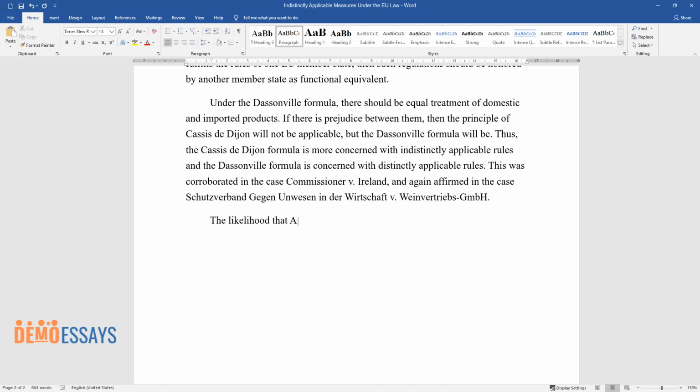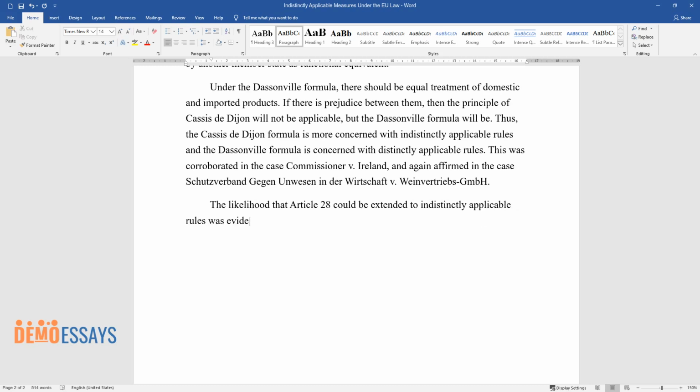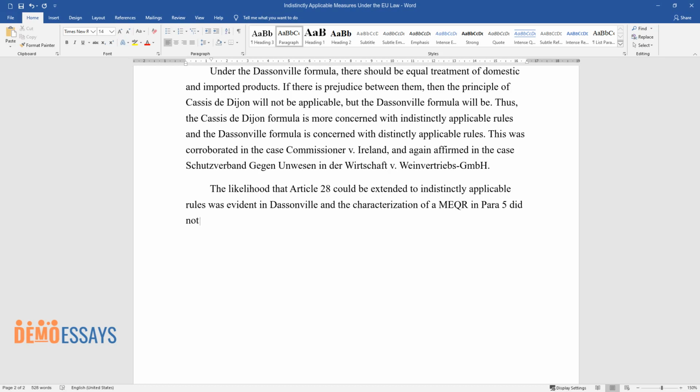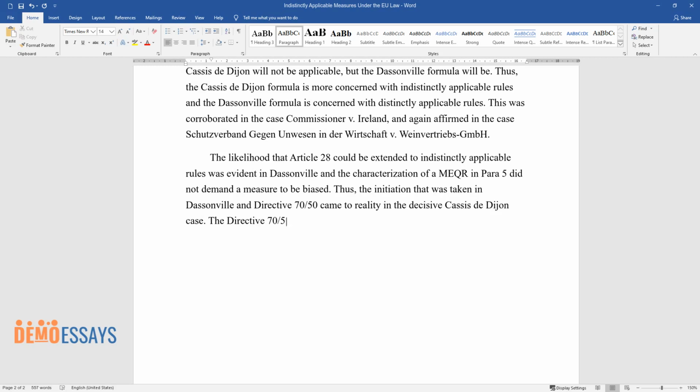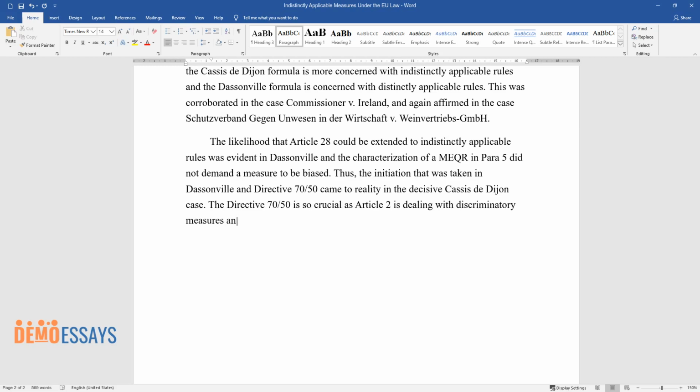The likelihood that Article 28 could be extended to indistinctly applicable rules was evident in Dassenville, and the characterization of a MEQR in Para 5 did not demand a measure to be biased. Thus, the initiation that was taken in Dassenville and Directive 70/50 came to reality in the decisive Cassis de Dijon case. Directive 70/50 is so crucial as Article 2 is dealing with discriminatory measures and Article 3 is dealing